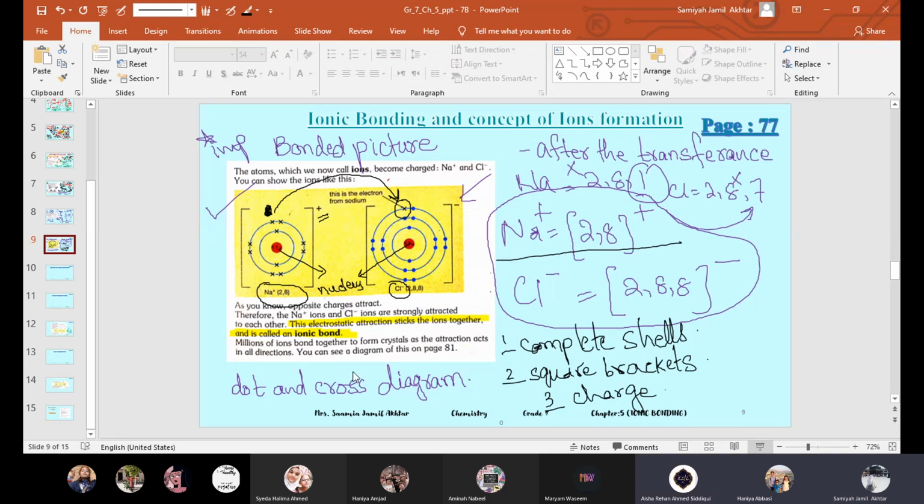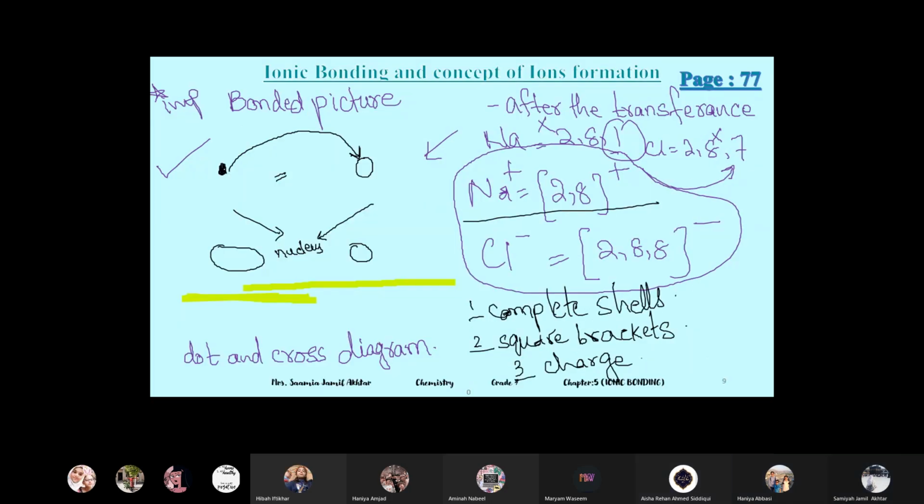Teacher, should we make the diagrams in our copies? No, just leave them on the sticky note or rough copy. You will make them in the notebook, but that will be another homework. Okay? Okay, teacher. This is just the explanation